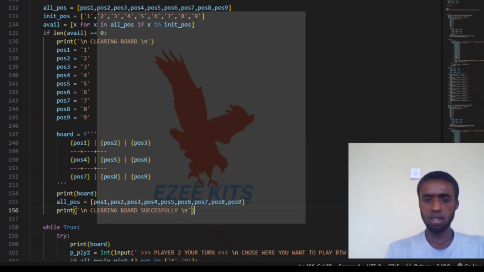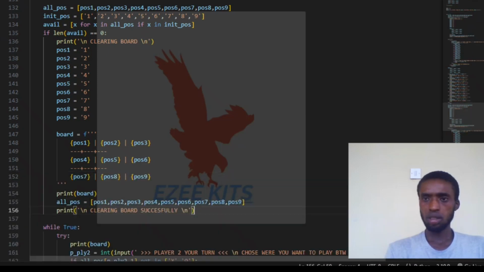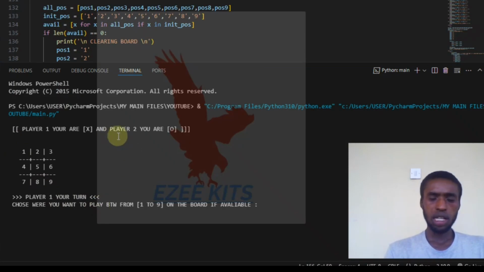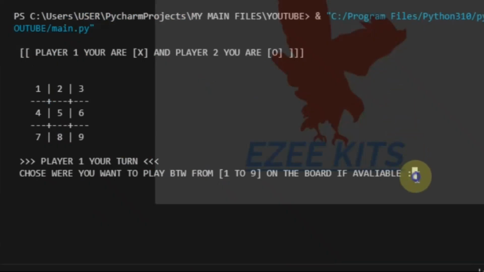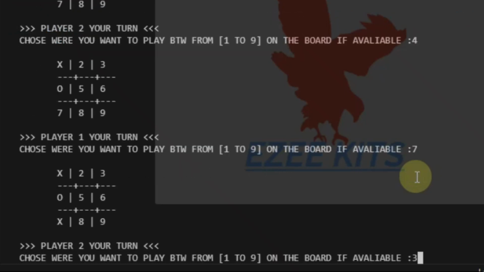Let's run. Let me close this and run. As you can see, player 1 you are X and player 2 you are O. So player 1, let me try occupying the board. Let's say 8, player 1 plays 8, player 2 plays 9, player 1 your turn. Let's say player 1 decided to play on 6, player 2 decided to play on 5,